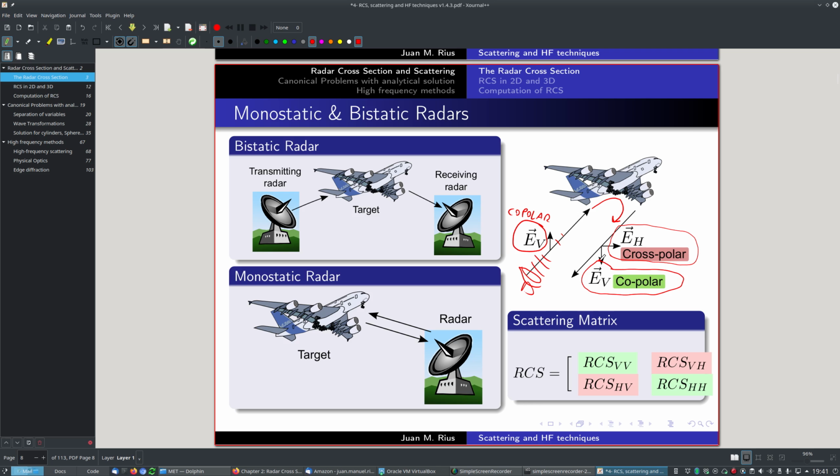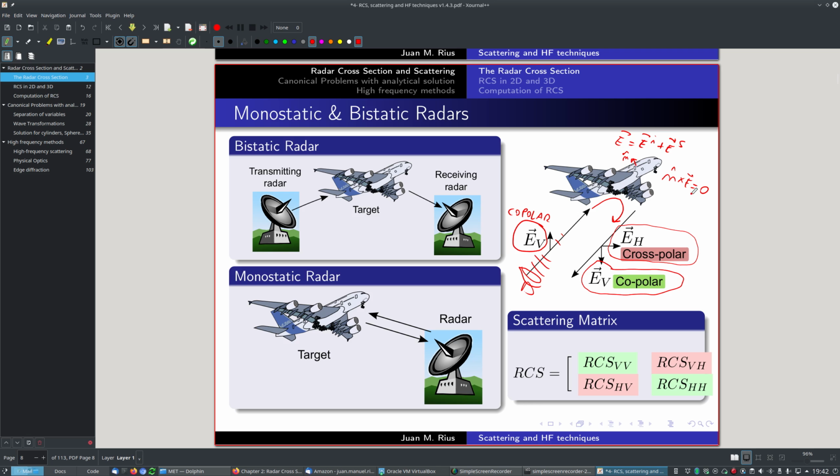And this scattered field has the two polarizations because the total field, remember, is the sum of the incident field plus the scattered field according to the equivalence theorem formulation. And this total field has to agree with the boundary condition. For example, imagine that it is a perfectly conducting target, so it has to agree with a boundary condition of the tangent component of the electric field equal to 0, and if it is an arbitrary surface with curvature,